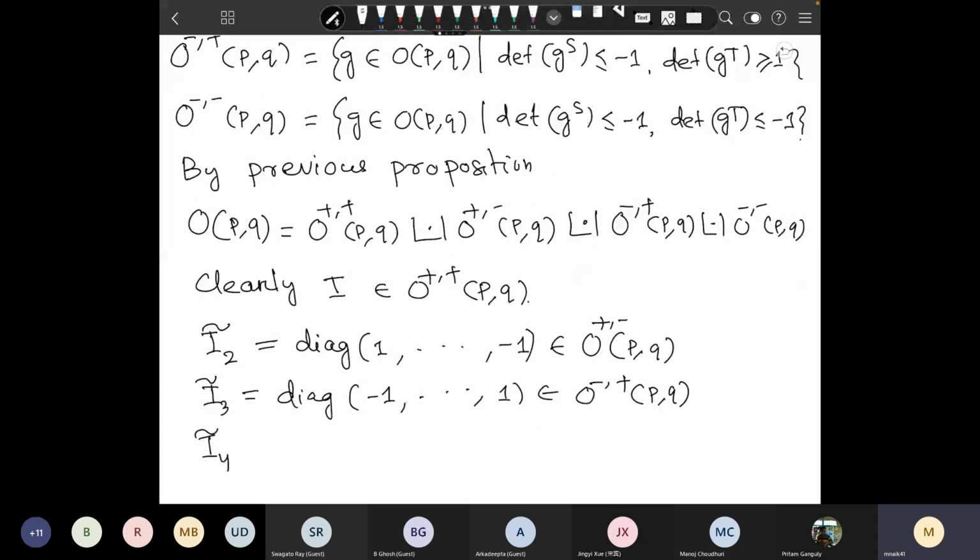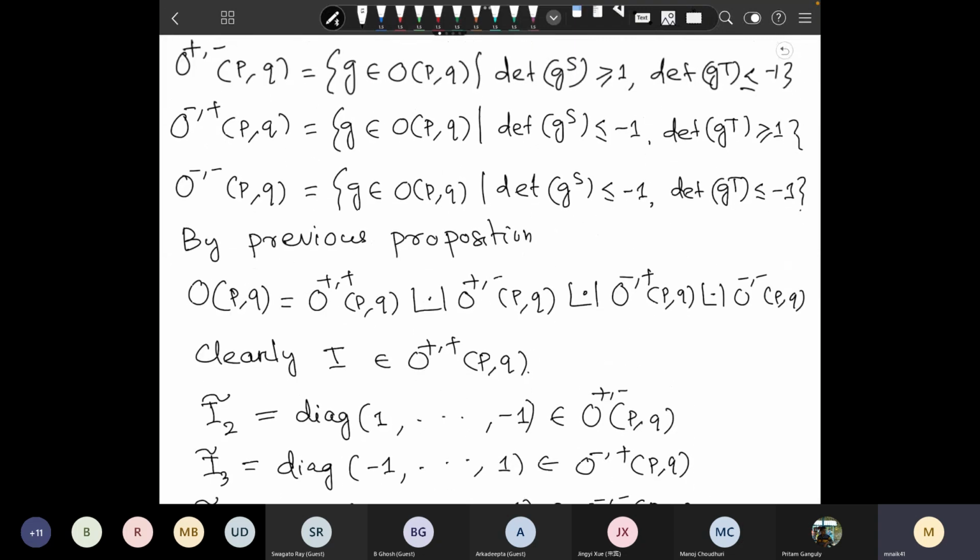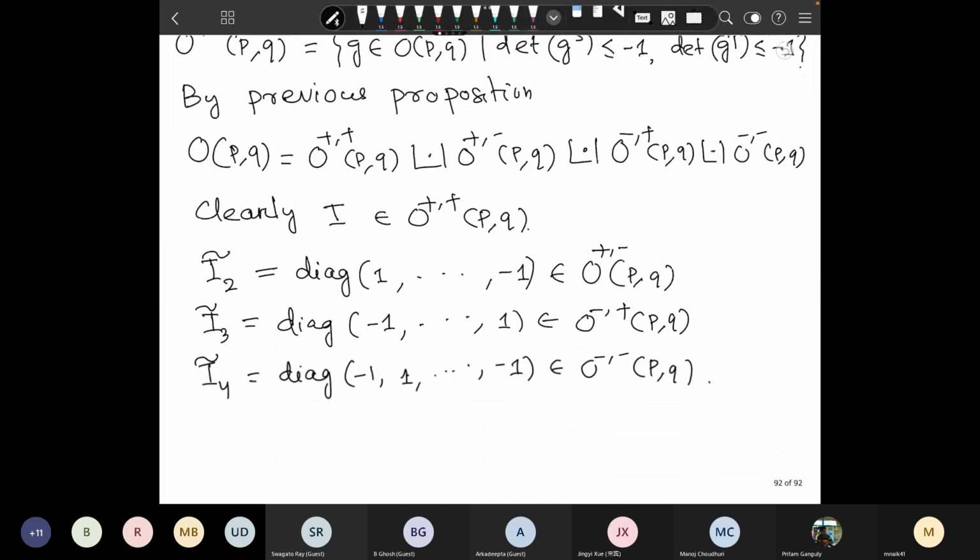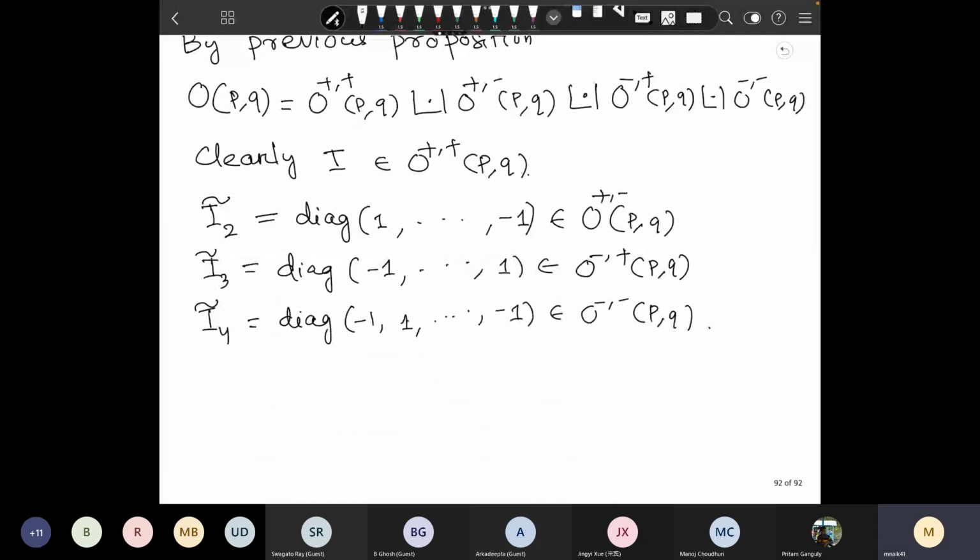This I4 tilde is the diagonal matrix with entries 1 and the last entry -1. Last everything is 1 and last thing is -1. This belongs to O minus P comma Q. Okay. So these sets are basically non-empty. Okay, now observe that